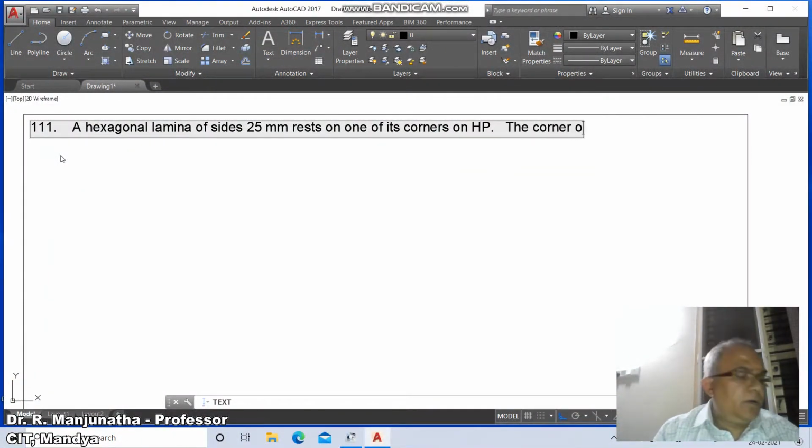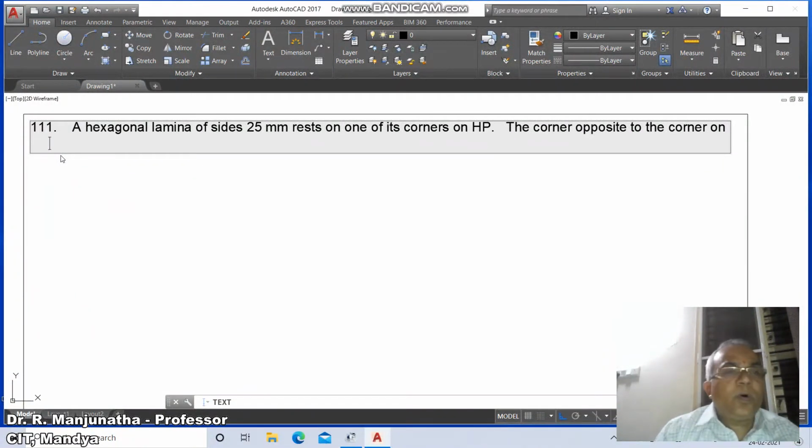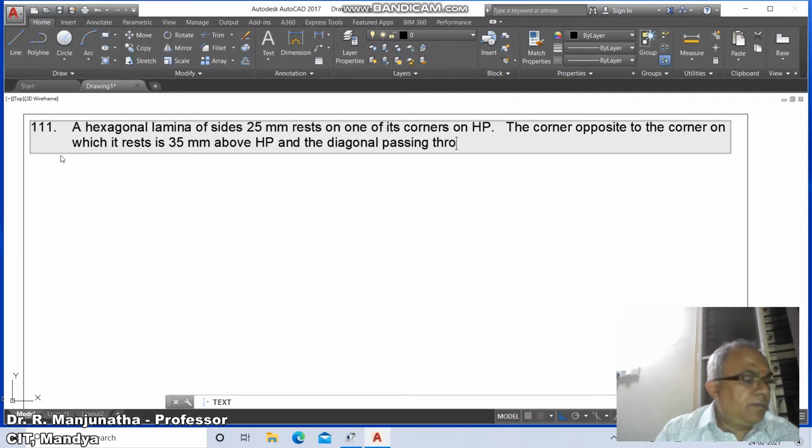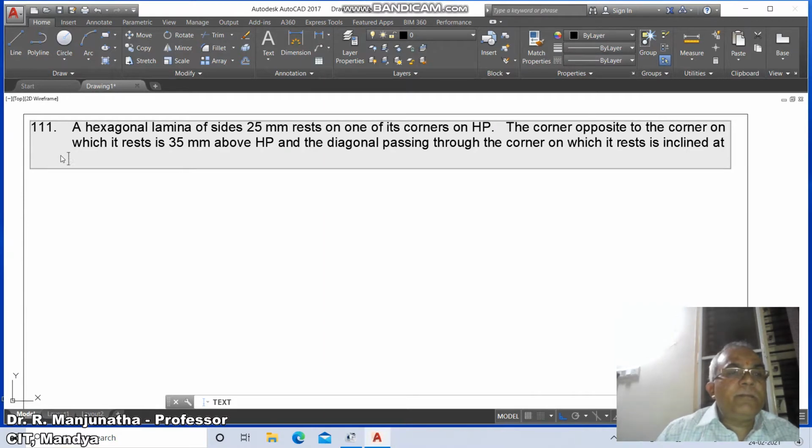The corner opposite to the corner on which it rests is 35 mm above HP, and the diagonal passing through the corner on which it rests is inclined at 30 degrees to HVP.